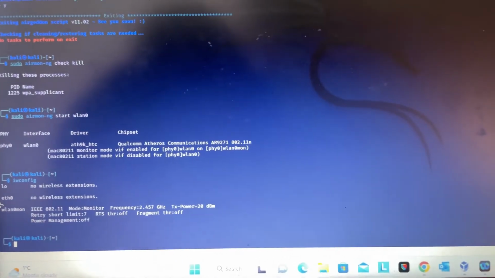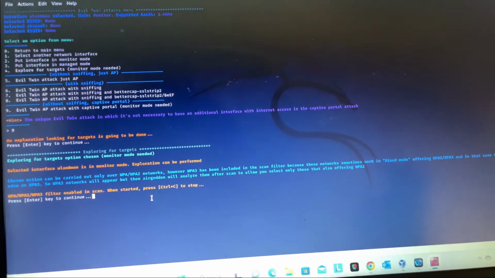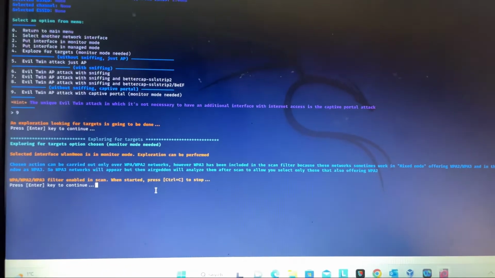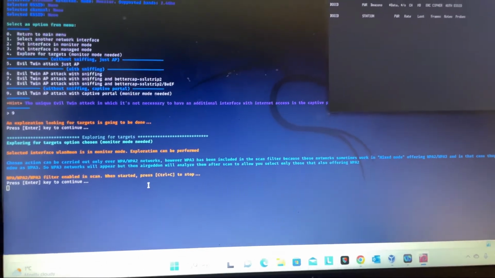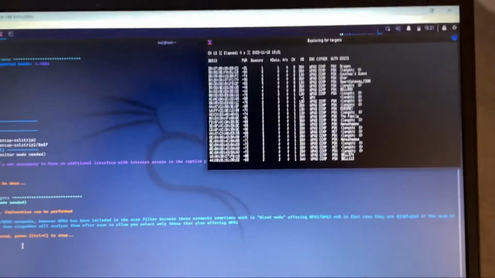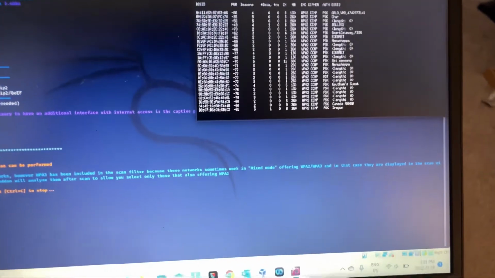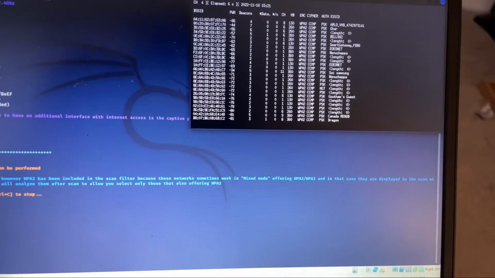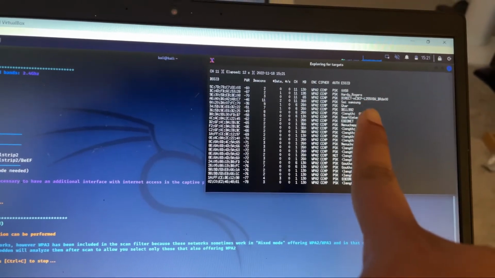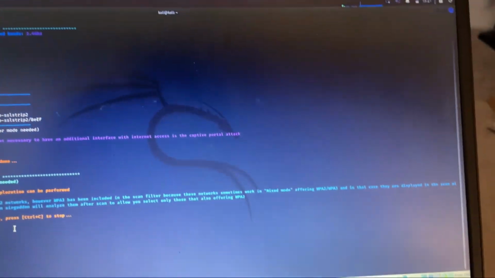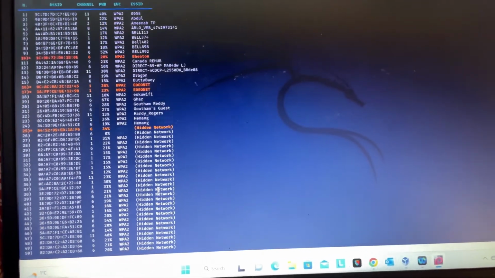As you can see here, the name changed to wlan0mon, which indicates that wlan0 is now in monitor mode. So I've selected 9, the evil twin AP attack with captive portal, and then it asked me for another interface, and I'm pressing enter. As soon as I press enter, I can see a scan happening on all the access points around me. As soon as I find my access point, I'm just gonna close it. I found my access point. It's the first one over there, Sai Samsung. So I'm just closing it,